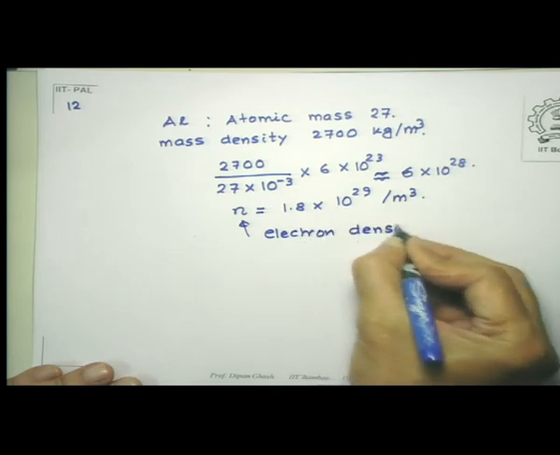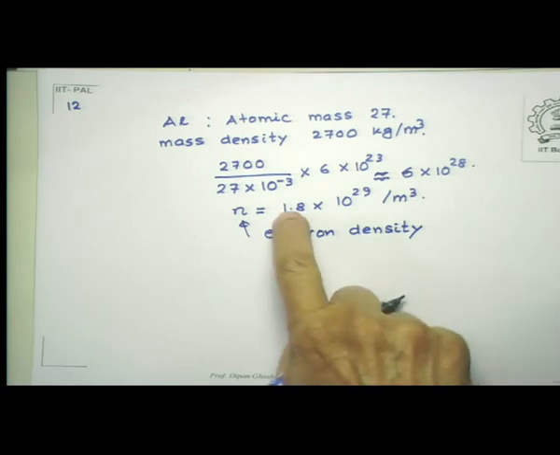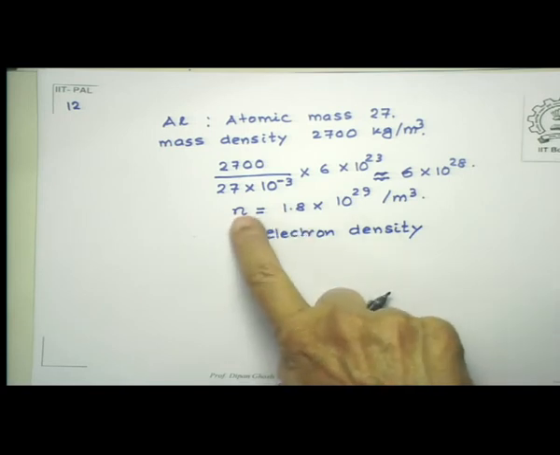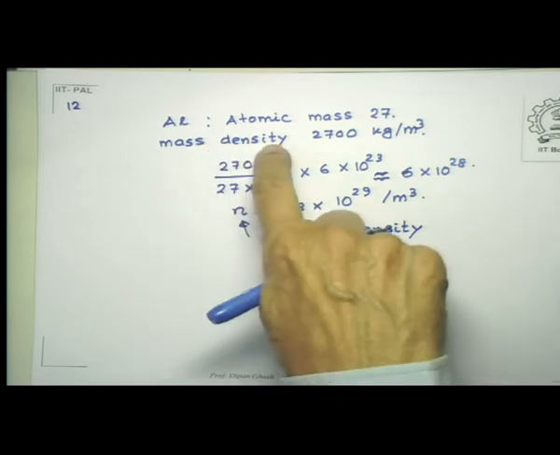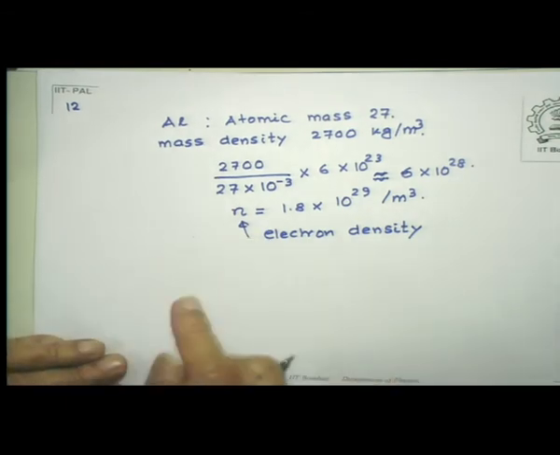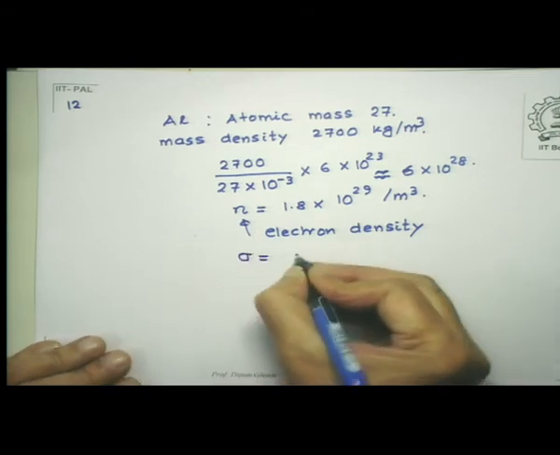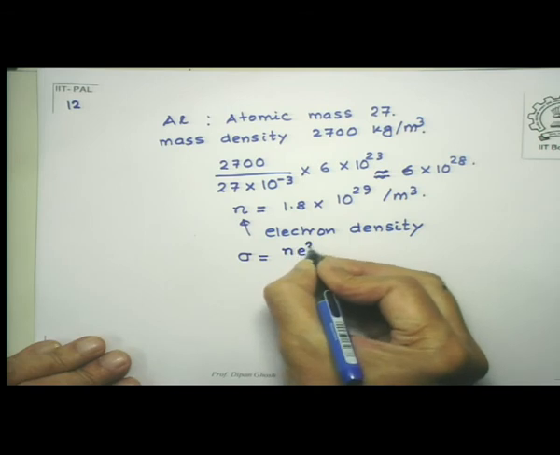You should be always careful. What we need for calculation of conductivity is the electron density. Here we are talking about mass density, that is, what is its weight per unit volume or mass per unit volume. So this is what we have got, and so if you look at sigma, I use my usual Ne square tau over m formula,